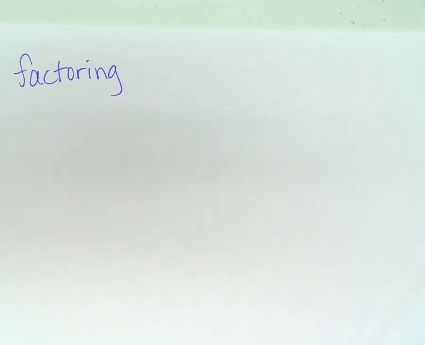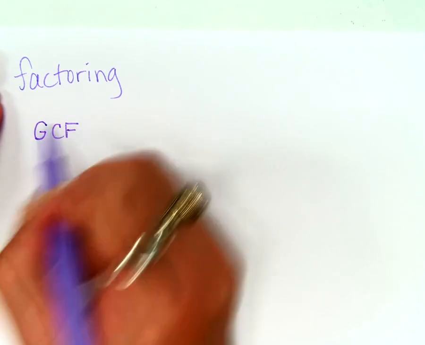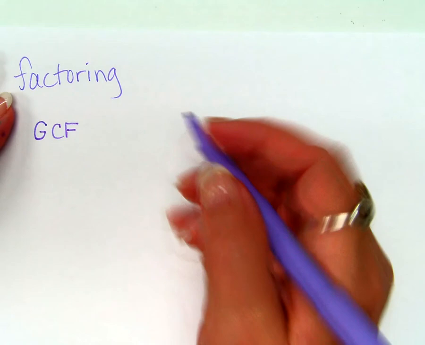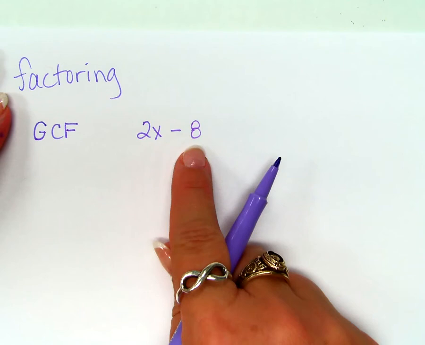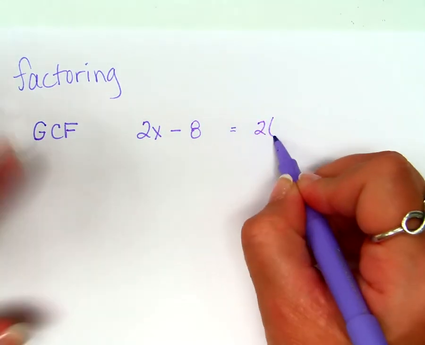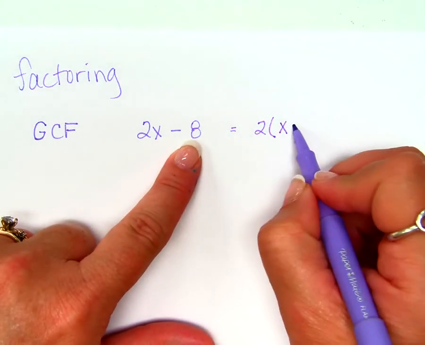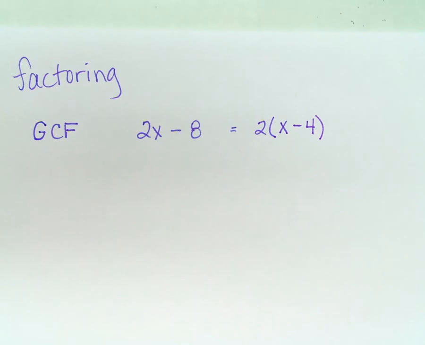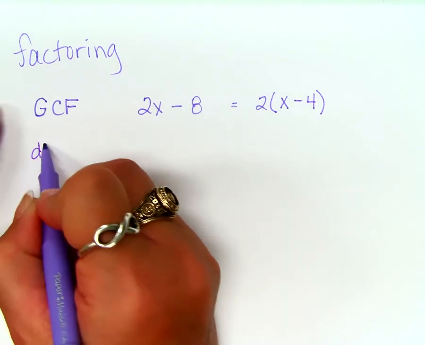So factoring, okay? There's a lot of different ways we can factor. The most common thing that we can look for to begin with is a GCF, a greatest common factor. If I have 2x minus 8, what's the greatest common factor in those two? 2. So if I factor out a 2, what's left from the first term? x. And if I factor out a 2, what's left in the second term? Good. Greatest common factor. Do I need to do a bunch more examples for you? You got that? Okay. The other kind of thing that I can do is called the difference